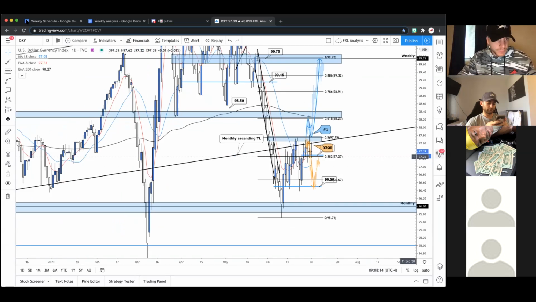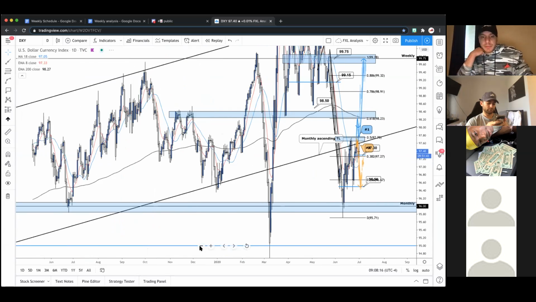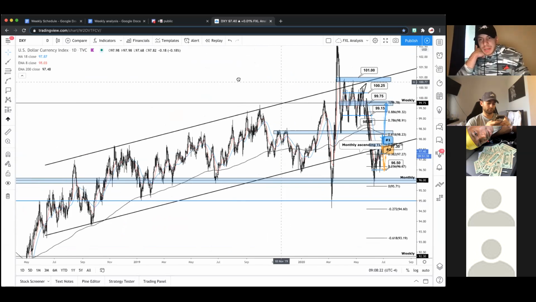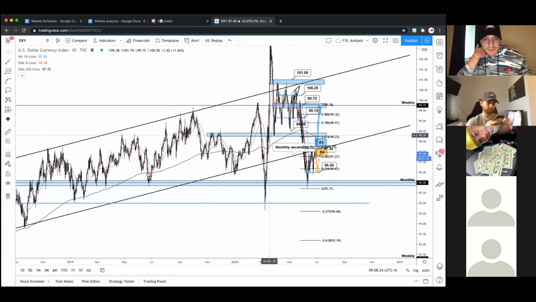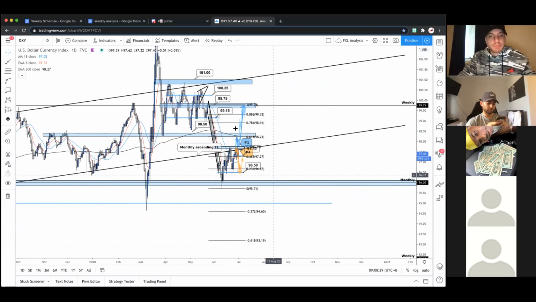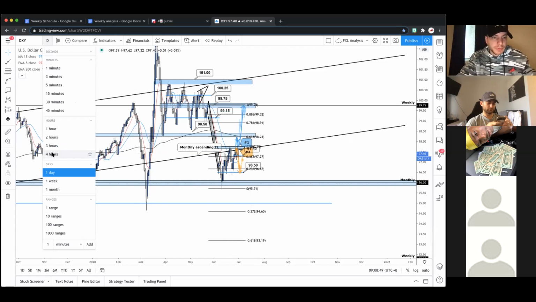All right, so the first thing we want to do is go to the daily time frame. We're going to identify sentiment. Has anything changed? We're still very bullish, as we can see. As we've been covering through these live sessions, it's very, very bullish. But has anything changed on this daily? Nothing that we can really see. Nothing on this time frame says we're definitely continuing to the downside, or coming back into this ascending channel. We're looking for price action to break above this trend line or to break below this monthly for us to then see a daily move. But until then, we have to drop time frames.